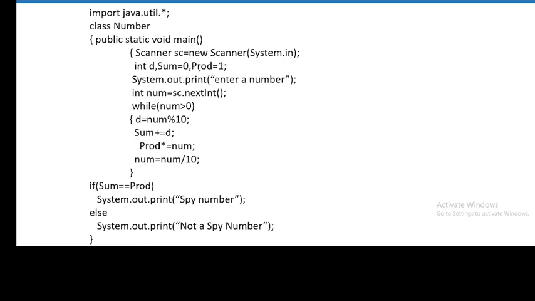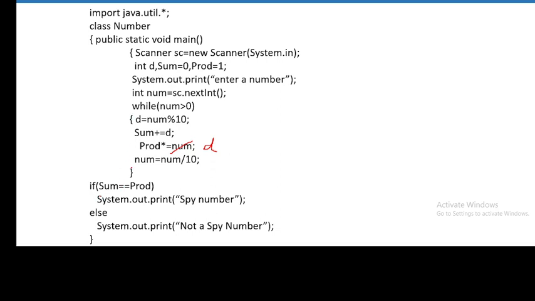One more variable you have taken, because we are multiplying numbers, so we can't initialize it with 0. This you know, because ultimately the number will become 0 when it is multiplied by 0. So this variable is initialized with the value 1, not 0. So two variables we have taken, one for sum of the digits and the other for product of the digits. And here, in place of this num, we'll write D, sum of the digits and product of the digits.